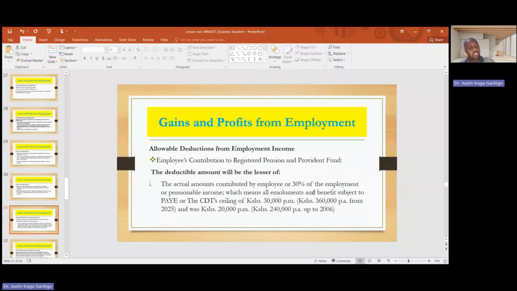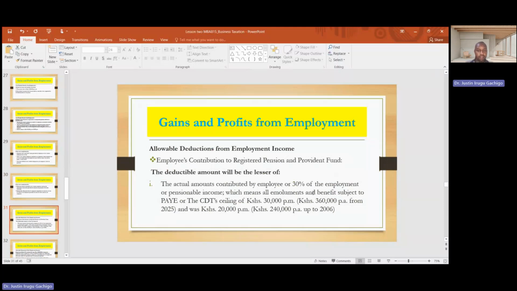The amount that is deductible or allowable will be the lower of. Remember, when the commissioner is looking at the allowances, that is the relief. They don't take the higher. When the commissioner wants to charge you tax, they look at the higher. When they are giving you relief, they look at the lower of. So here, because you are being given a relief, it's going to be the lesser of